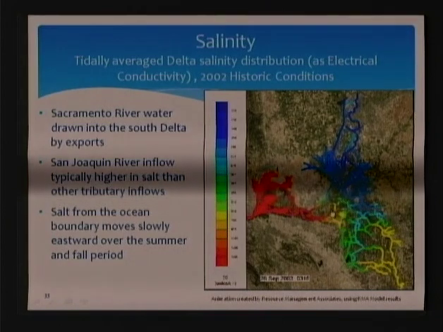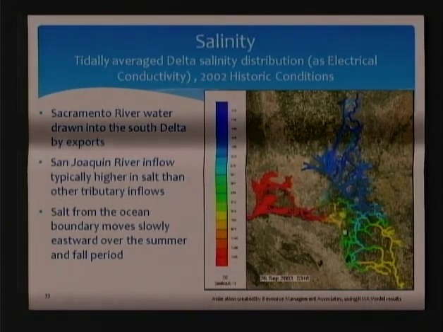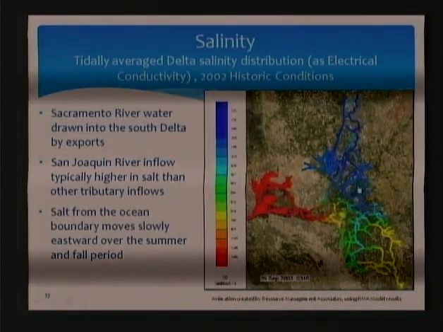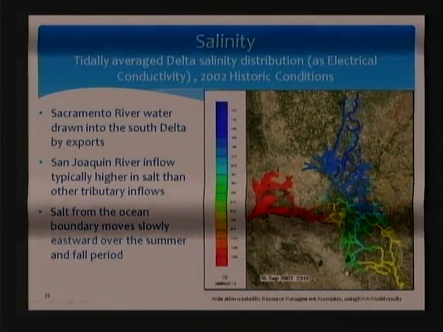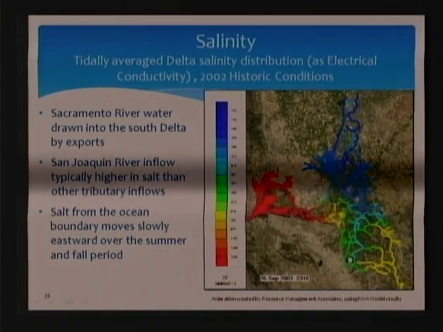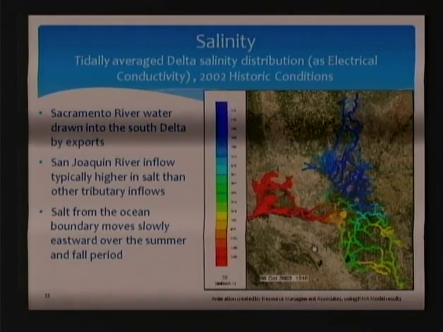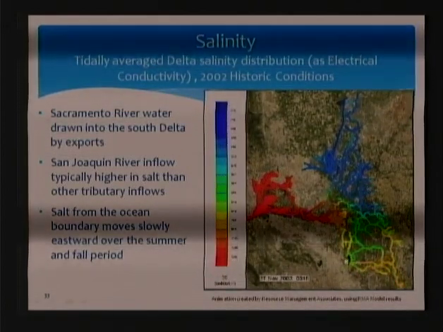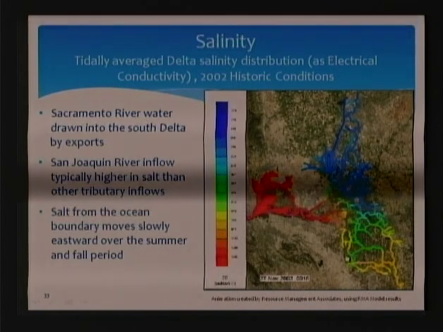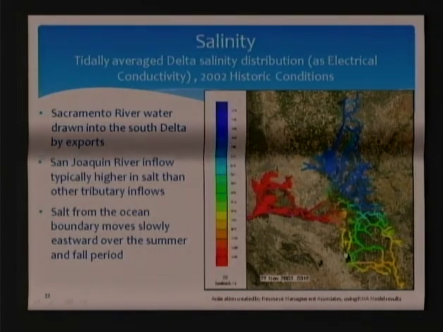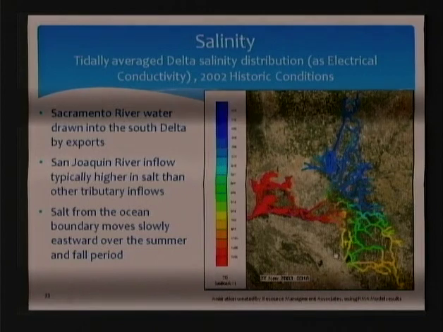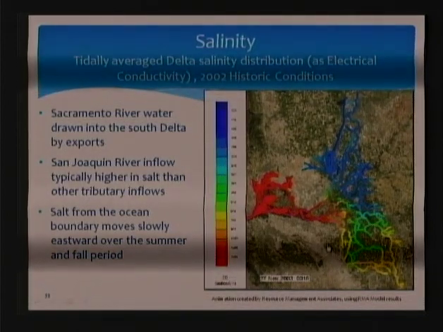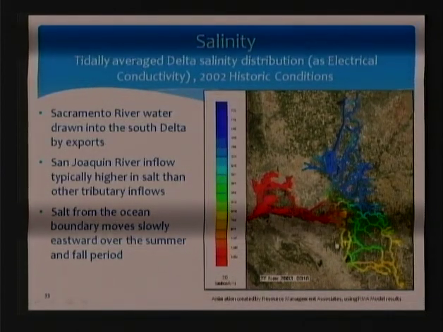This is slowly getting saltier over the year. The salt begins to pour down Old River, and you still have the freshwater corridor coming through on Middle River. Now, as I go right out to the end here, at the end of November, this is an endpoint. This is about the maximum EC that the operators want to have released at the exports. They spent the whole year getting to this point.